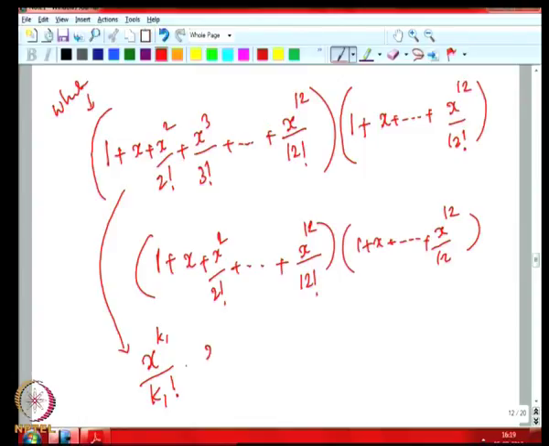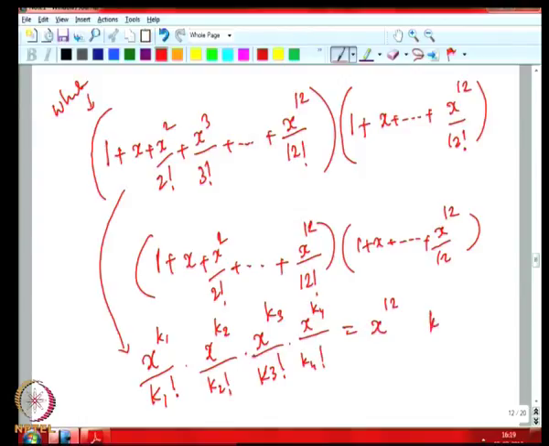Then from the second term we will take x raised to k2 by k2 factorial, from the third term we will select x raised to k3 by k3 factorial, and then x raised to k4 by k4 factorial. So this will be x raised to 12, where k1 plus k2 plus k3 plus k4 is equal to 12,